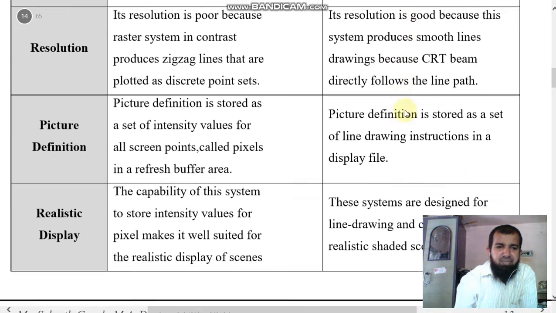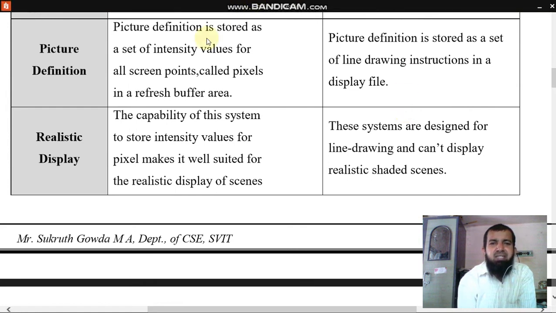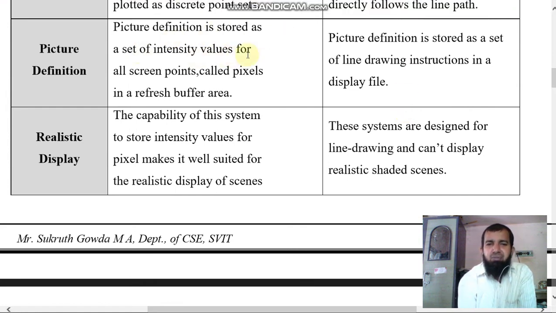Next, third difference is picture definition. In raster scan, picture definition is stored as a set of intensity values for all screen points, called pixels, in a refresh buffer area. In random scan, picture definition is stored as a set of line drawing instructions in a display file.